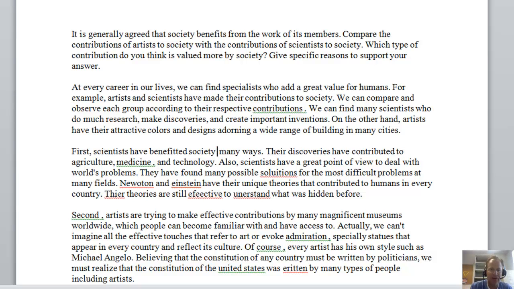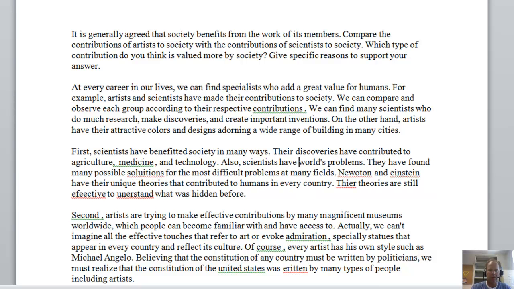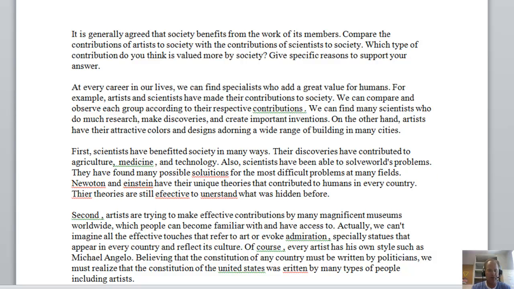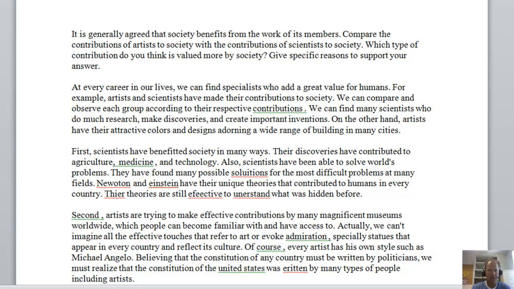Okay, scientists have benefited society. I would say in. It almost sounds like you're trying to use passive voice here, but you don't need that. Have benefited society in many ways. Their discoveries have contributed to agriculture, medicine, and technology. Also, scientists have a great point of view to deal with the world's problems. I don't know, how about have been able to solve world's problems